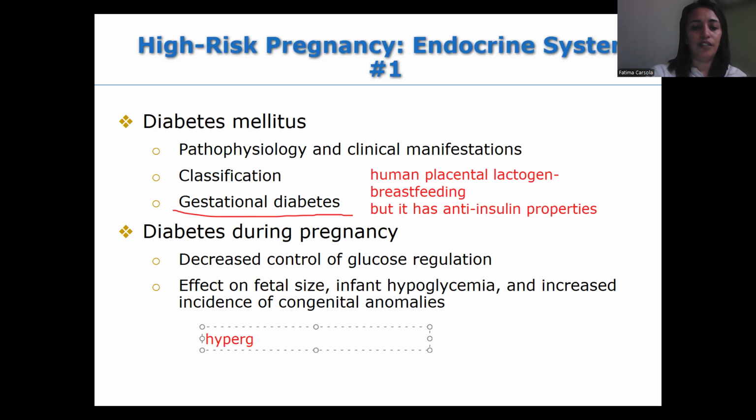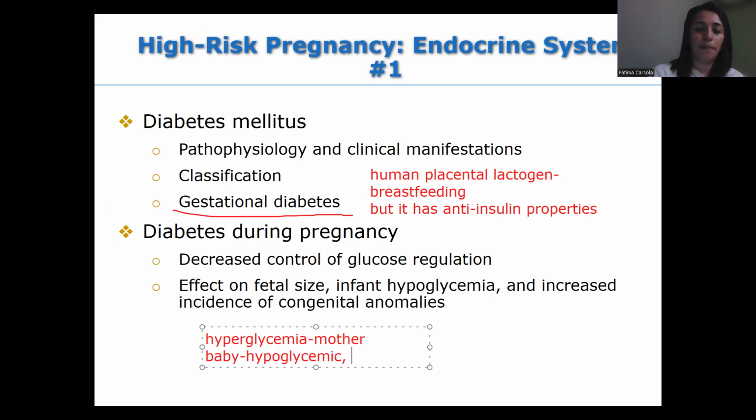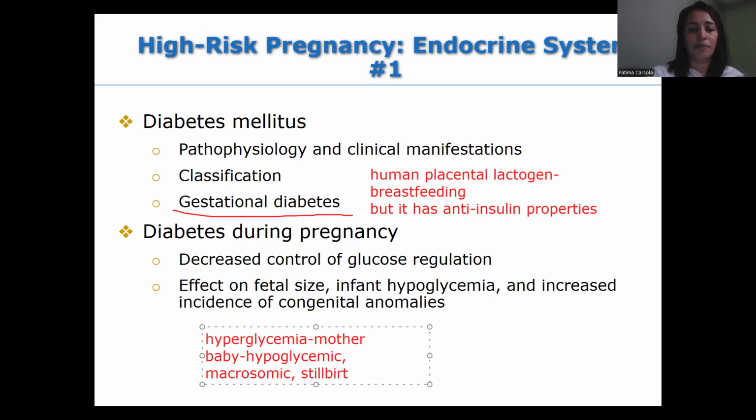hyperglycemia of the mother. Okay, so who is hyperglycemic? The mother. The baby could be hypoglycemic. The baby could be macrosomic, larger. The size is larger than the normal size of a baby that is born. Macrosomic, or the baby could be born dead, a stillbirth, because primarily the high blood sugar of the mother